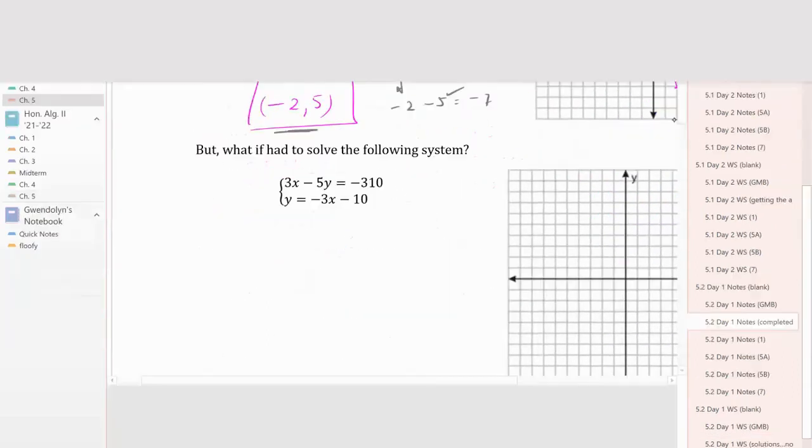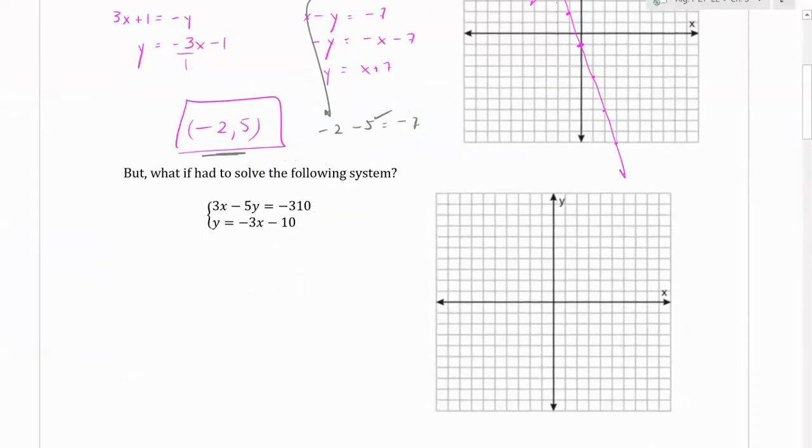Okay. But what if you have this one? Like the second line, that's not a big deal. The y-intercept is negative 10. Go down 3, right 1, I'm off the page. Go up 3, back 1. I'm not. I can sit and draw this line. But this one,